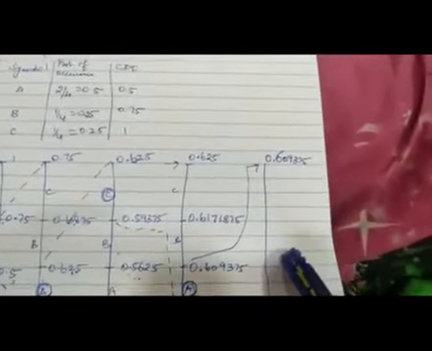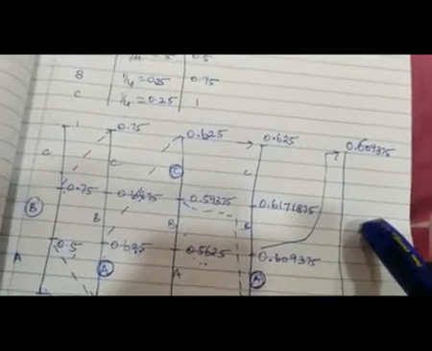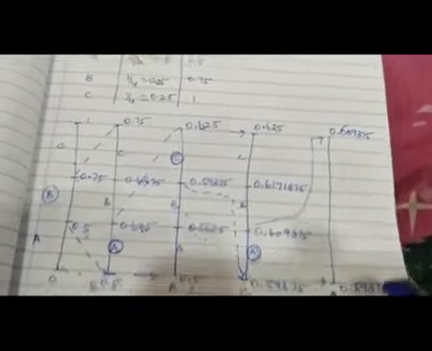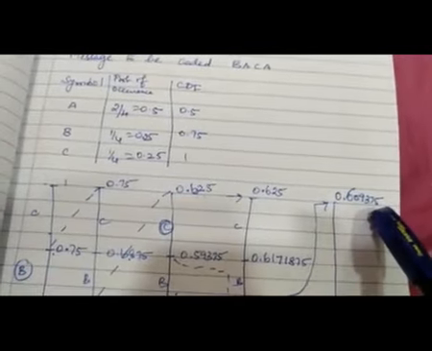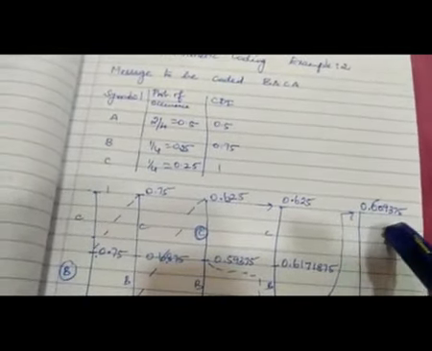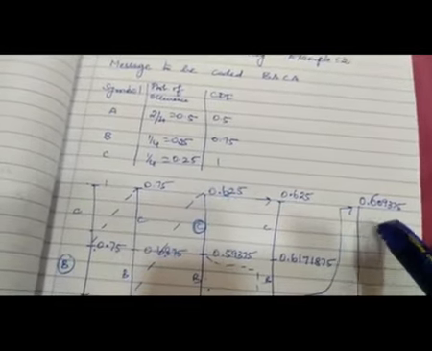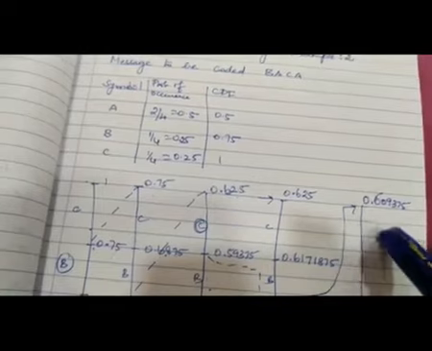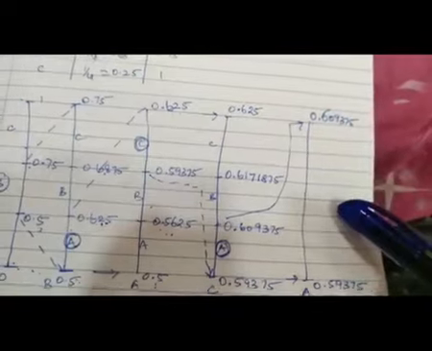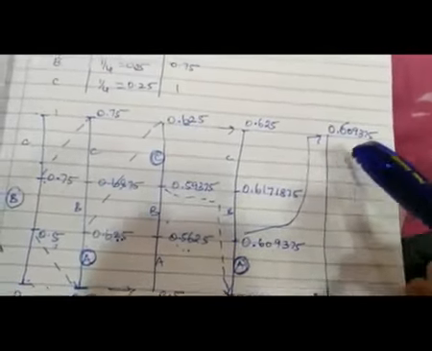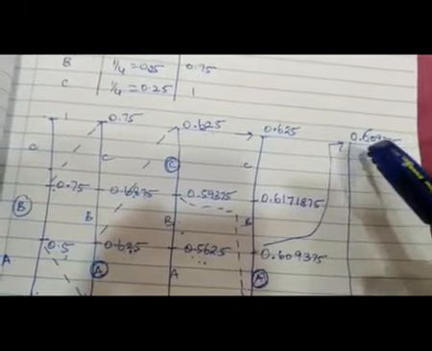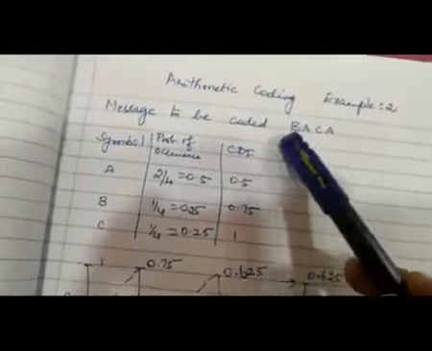The code word can be written either as a single number or as two numbers. In two numbers, the code word is written as 0.59375, 0.609375, or in a single number as 0.609375. The upper limit alone is given as the code word when you want to refer to it in a single numerical value. The transmitter sends 0.59375 and 0.609375, or the single value of 0.609375, as the code word for BACA.